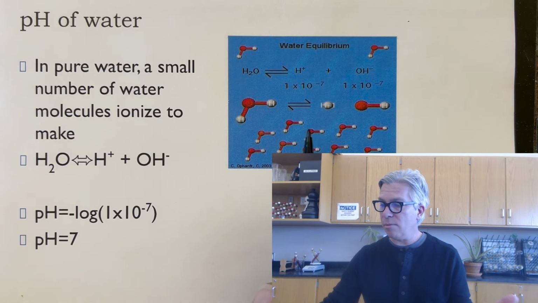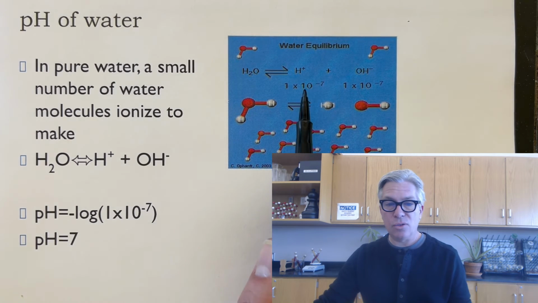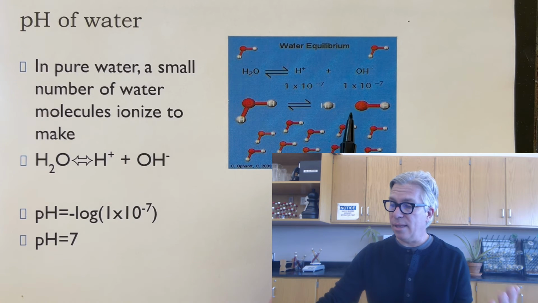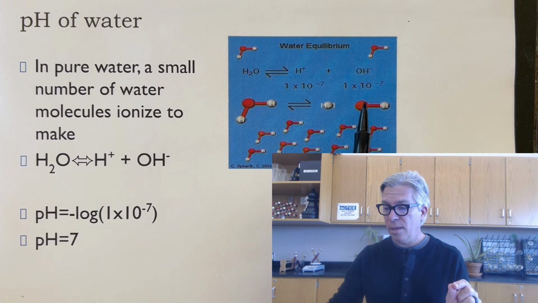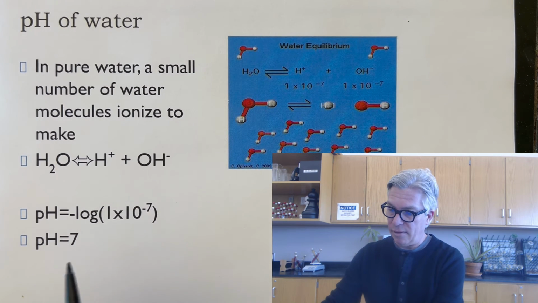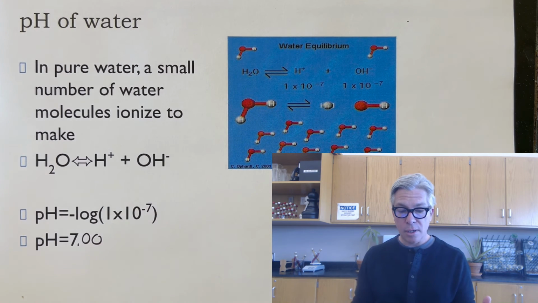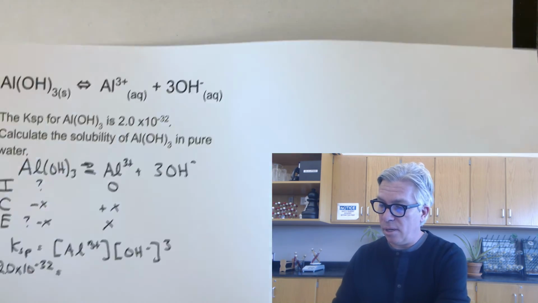And it sets up an equilibrium with each other so that 1 times 10 to the minus 7th is the concentration of hydronium or hydrogen and hydroxide at the same time. They balance each other out so it's neutral, but that's the concentration of OH already existing in pure water. And the negative log of the hydrogen ion concentration gives us a pH of 7, which I'm going to add 2 zeros to. So then we go back to our original problem,